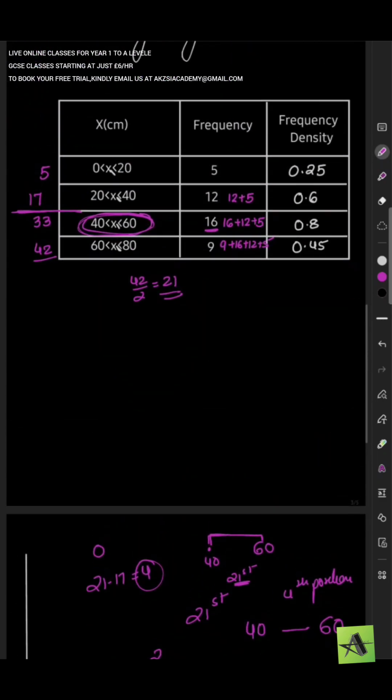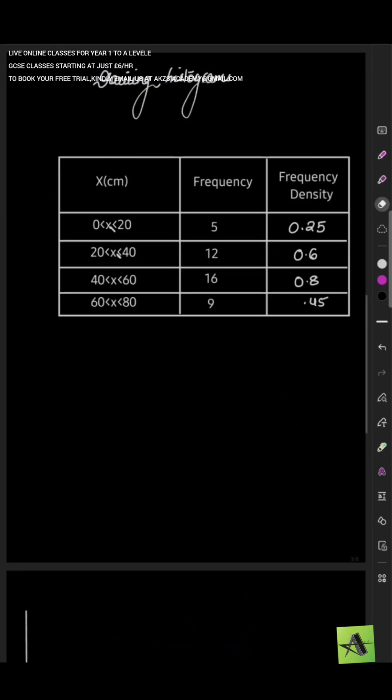Now, the third thing is calculating the frequency. I have taken an example of the bags of potatoes. I have already explained that 5 represents there are 5 bags that have their weight from 0 to 20. There are 12 bags that have their weight from 20 to 40 and so on. Say for example, they asked you how many bags are there that have their weight between 0 to 50. It's not very easy to calculate from here. You can't just half it. Or say for example, if they have given from 0 to